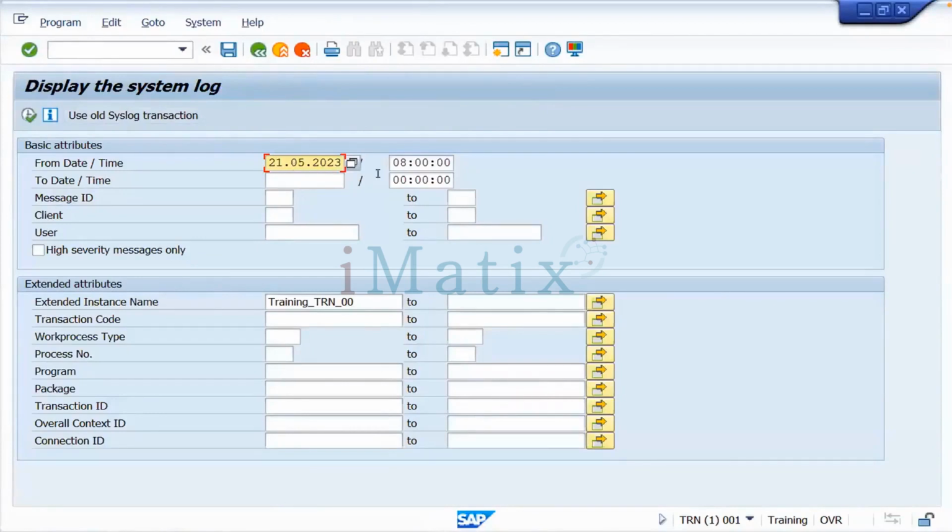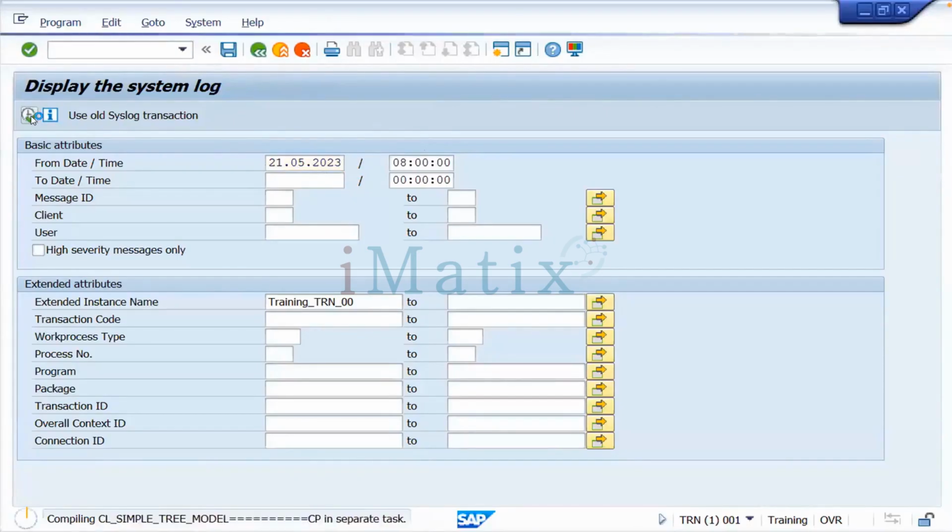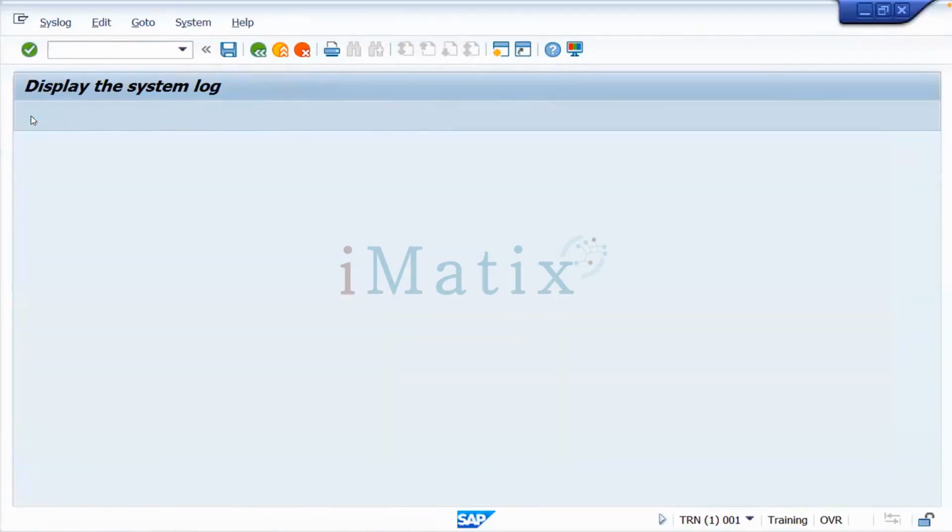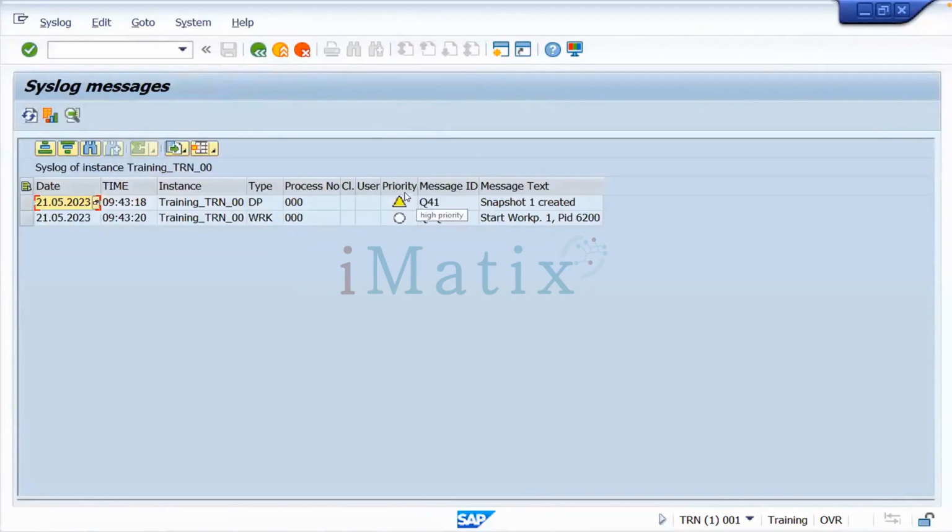We can specify the time. Suppose you have to monitor from when your shift starts, from 8 am. You can see from 8 am till now, and then you can execute and observe any priority. Like if the priority is high, there is nothing. Nothing serious is happening here. If I just change the date also,